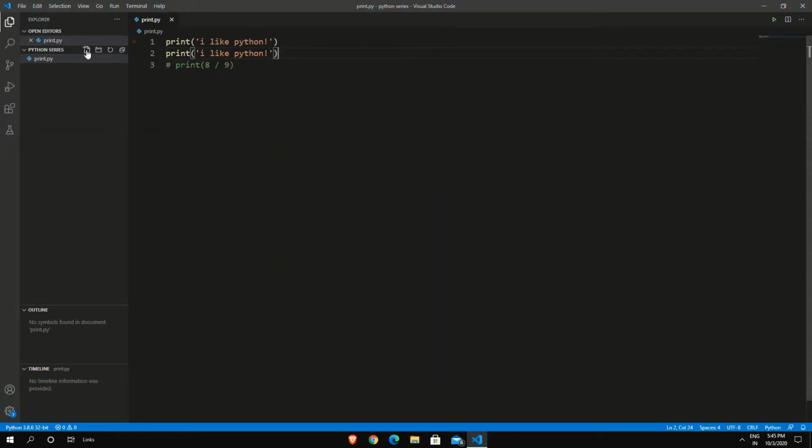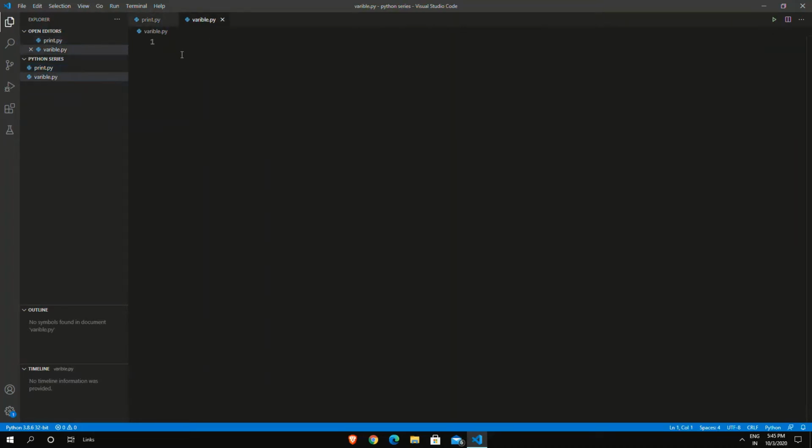Creating a new file. We have created a new file named variable.py. Now let's discuss this. If we create boxes, we need a name for every box. So now we are naming the box as var or variable. You can name it as you wish. We have given the equals symbol because